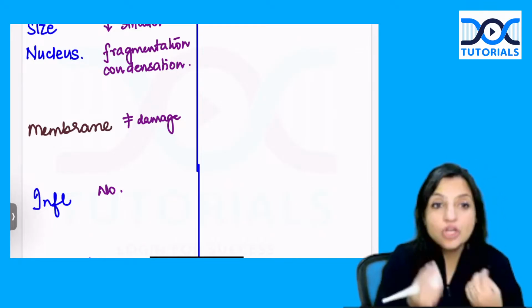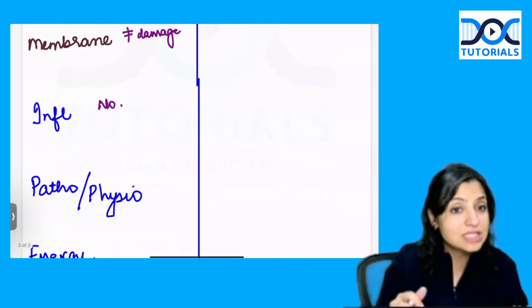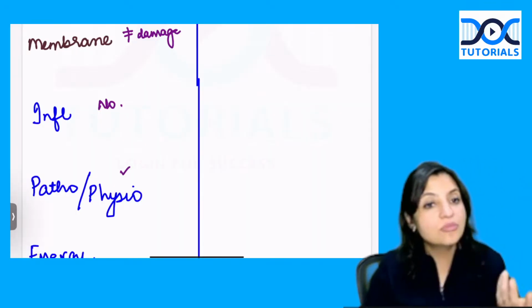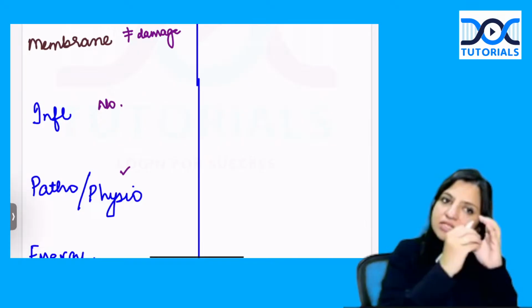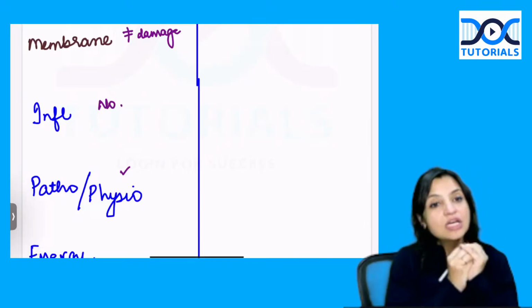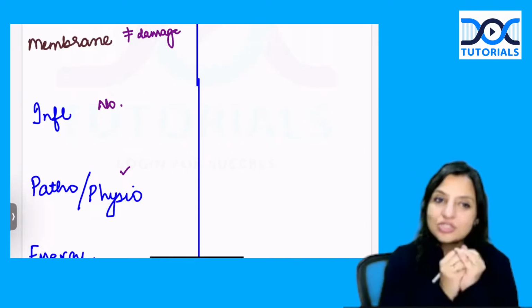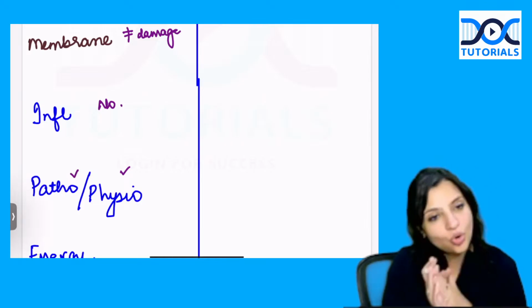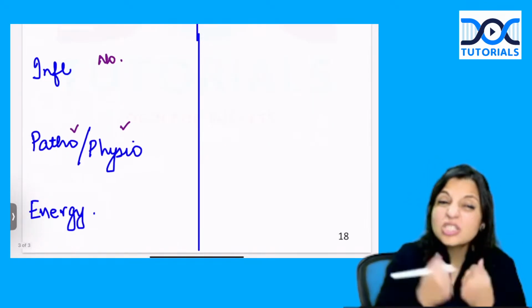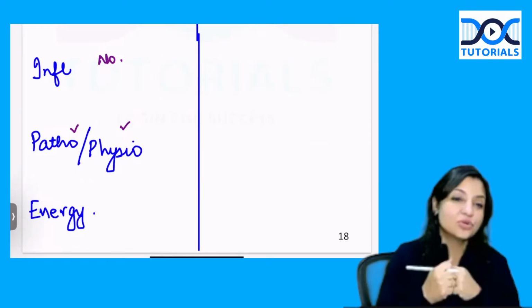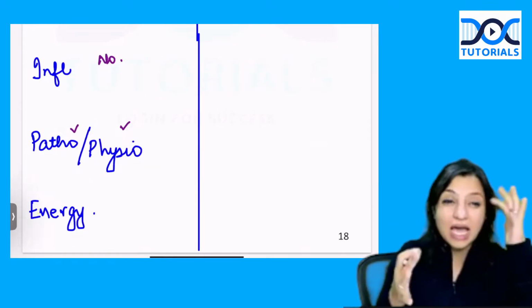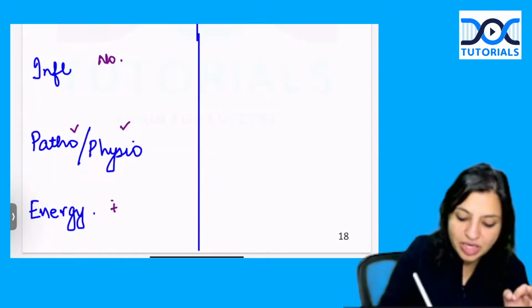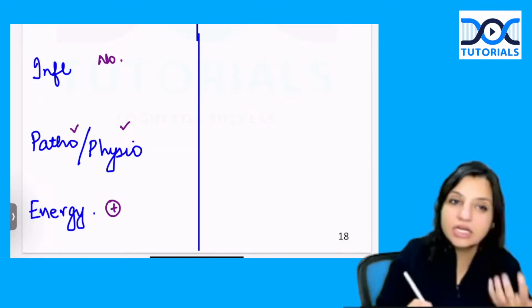Most physiological cell deaths, like in embryogenesis, occur because of apoptosis. Also, it can be pathological. Suppose a virus enters into the cell, the cell says, okay, let me kill myself so that the virus is also killed along with me. So here also the cell is undergoing apoptosis. So it can be either pathological or physiological. Remember, but it takes a lot of energy to do suicide. You require a lot of energy to plan, to program that today I'm going to do suicide. So it's a very energy dependent process. It requires a lot of energy and it is programmed.